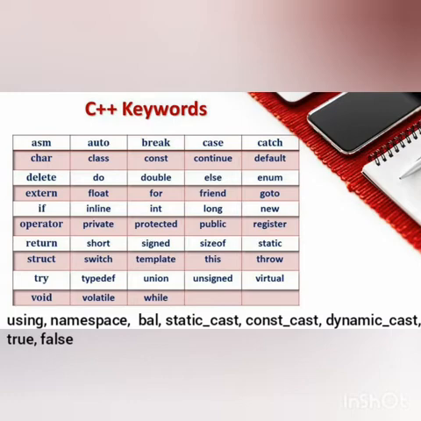Then identifiers containing a double underscore are not allowed to be created by the user because they are used by the C++ implementation and standard libraries. So, these should be avoided by the users. So, these are the keywords which are used only for a particular purpose which is already predefined. So, these keywords cannot be used for normal naming purposes.